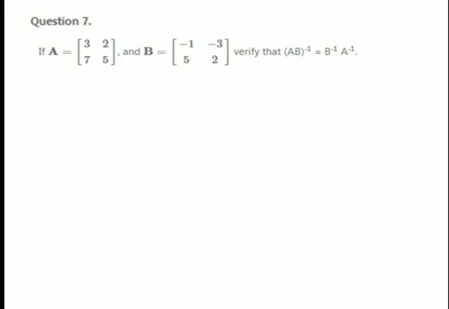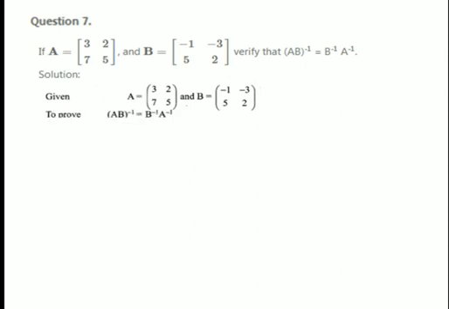So that first and second equation, A adjoint of A equal to adjoint of A into A equal to A modulus I2. Question number 7. If A and B are given, AB inverse equal to B inverse A inverse, you are going to find out. Both the answers are equal, you are going to prove.